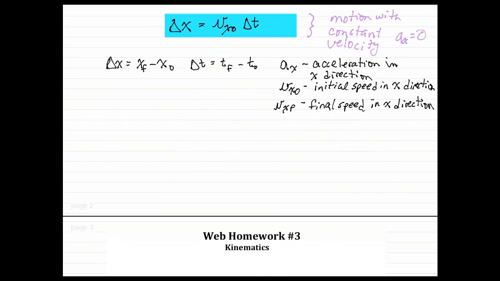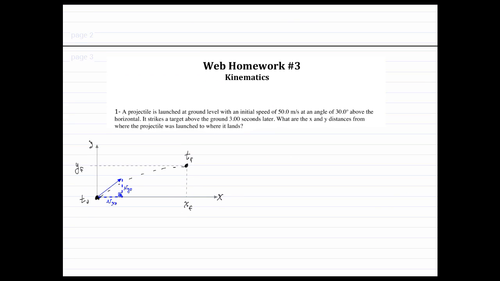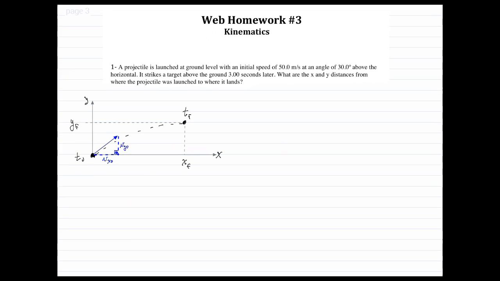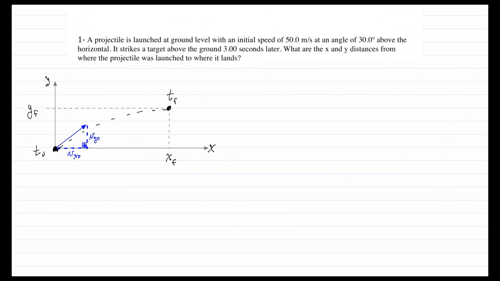Okay, why don't we get to the first part of this homework. So here we have a projectile being launched at ground level with an initial speed of 50 meters per second at an angle of 30 degrees above the horizontal. It strikes a target above the ground 3 seconds later. We're asked for the x and y distances from where the projectile was launched